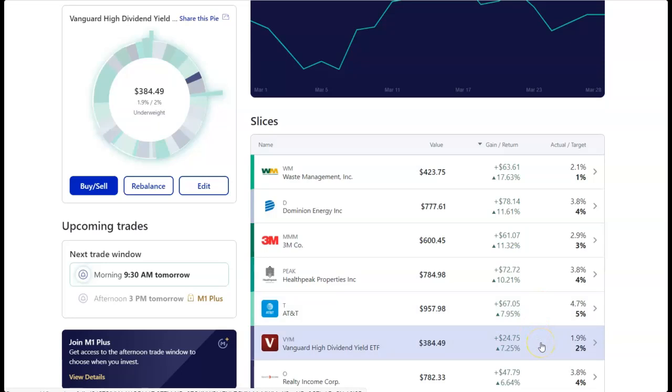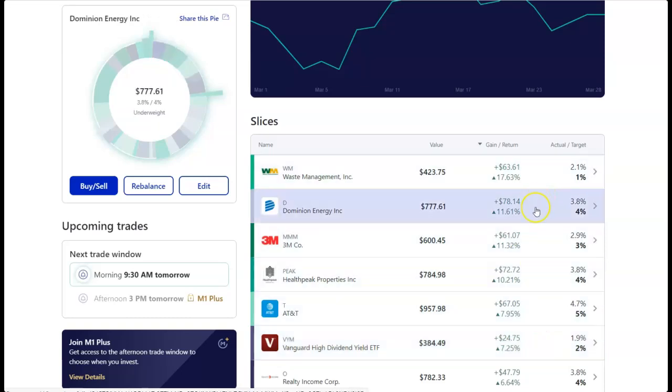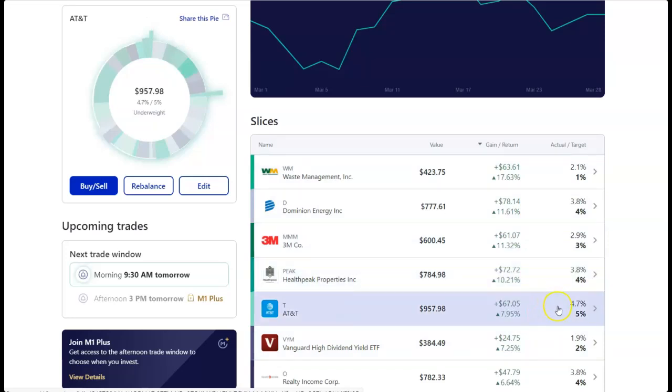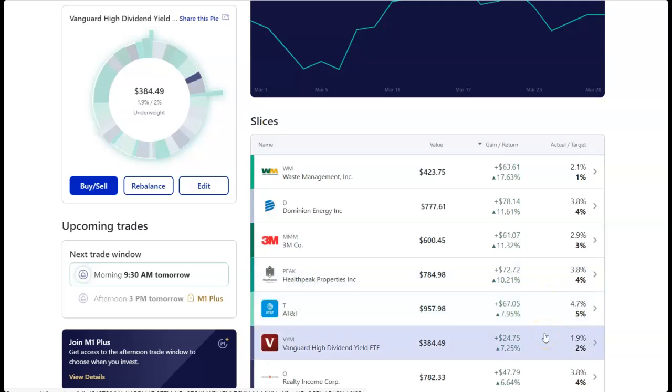So we can definitely see this rotation that's going on in the market, how it looks like funds are rotating out of tech stocks and into dividend stocks. And this is why I was accumulating these stocks many months ago when they were underperforming the market. I was saying that, one day these stocks are going to be the best performing stocks, and I wanted to